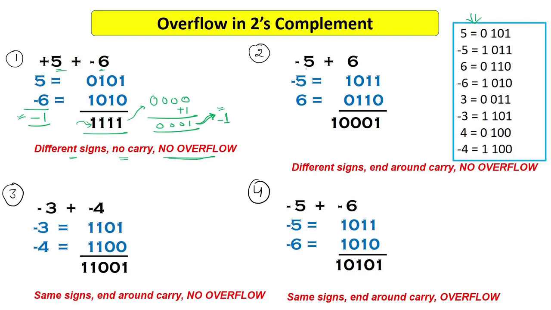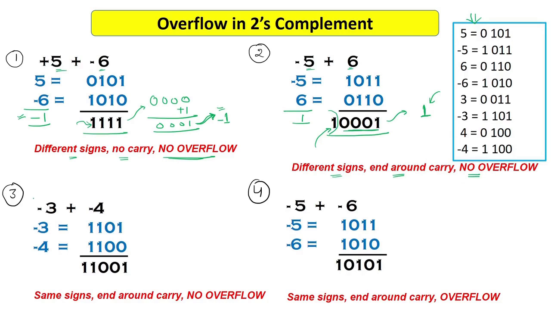Now if we are adding this second example, that is -5 and 6, we are getting this answer in 2's complement representation, 1, 3 zeros and 1. Now in 2's complement arithmetic, you know that the last carry out bit or the end around carry bit is discarded, okay. So my answer is 0 0 0 1. So this is actually a positive number, that is simply 1, right? So I should get 1 also from the mathematics also, and my computer is also giving me 1, right? So we are adding different sign numbers. We have the end around carry also, that is generated, but there was no overflow, right?